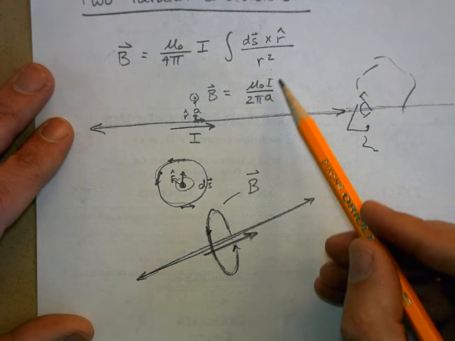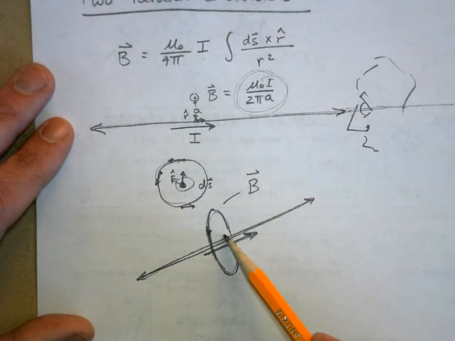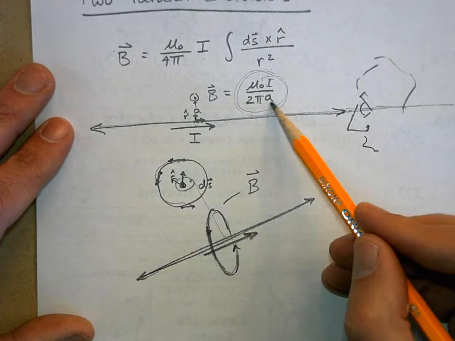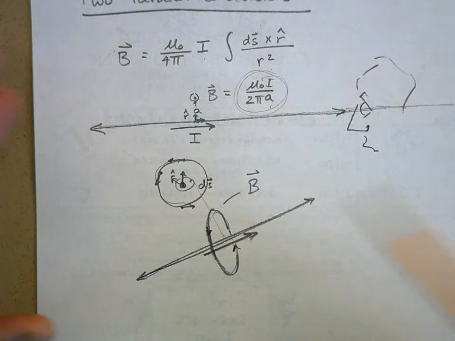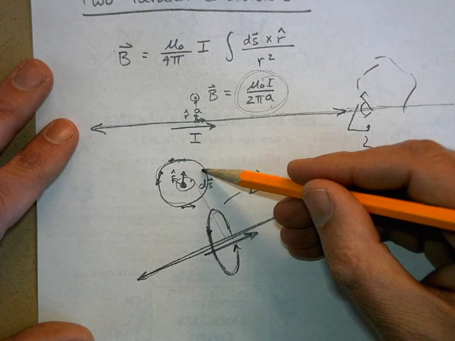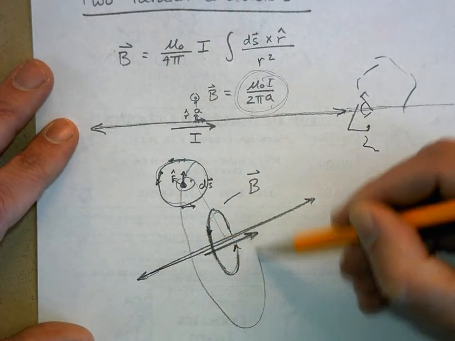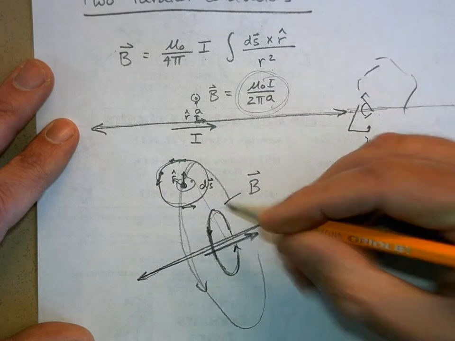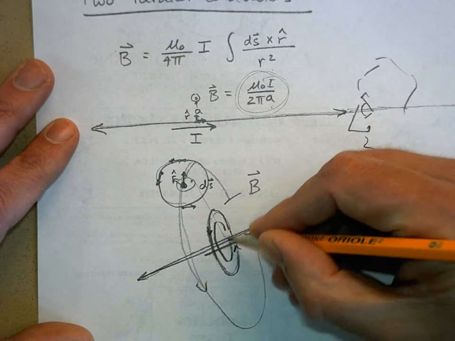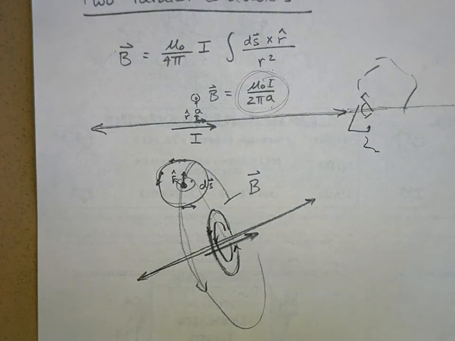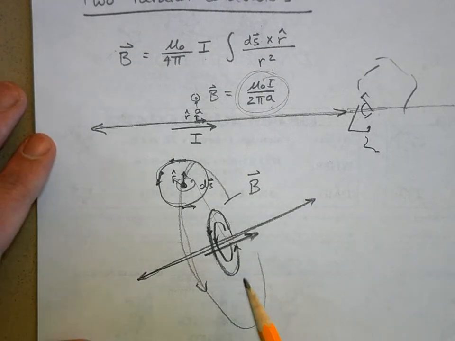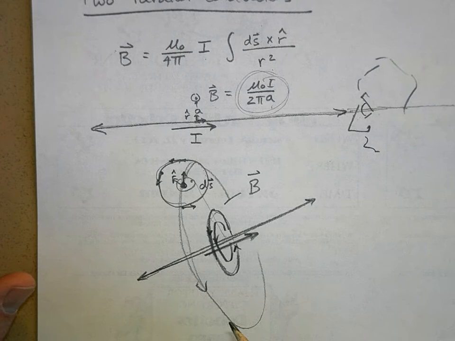Now here's the magnitude of it. Now what if I go farther out? Well, A is greater, so the magnetic field is weaker. But when you do the ds cross r hat, for all the points that are A away, you still get a circle. Okay, and the closer you get to the wire, the stronger the magnetic field lines, and we show that by drawing the field lines closer together. But you just have a series of concentric circles representing the magnetic field lines. So this is